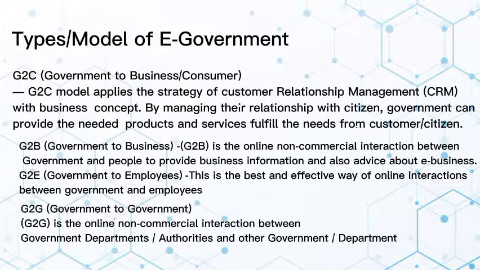Types or models of e-governance. Government to consumer model applies the strategy of customer relationship management with business concept by managing the relationship with citizens. Government can provide the needed products and services, fulfill the needs from customer citizen. Government to business is the online non-commercial interaction between government and people to provide business information and also advice about e-business. Government to employee. This is the best and effective way of online interaction between government and employees. Government to government is the